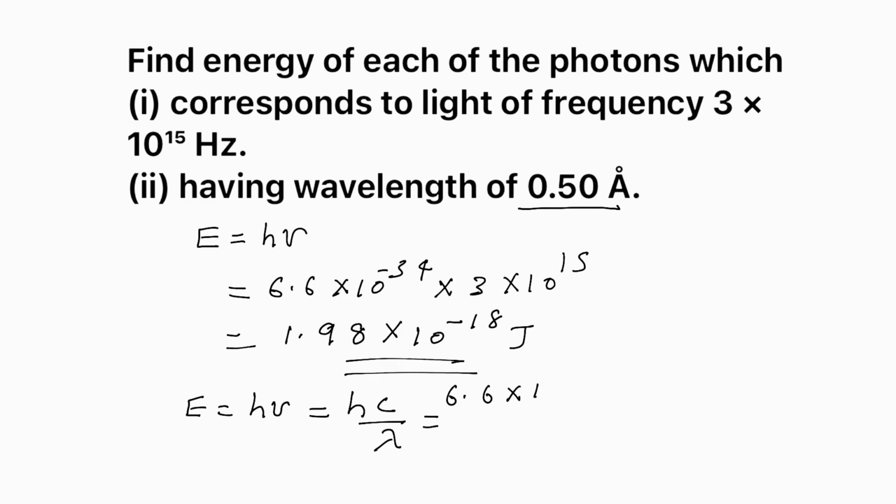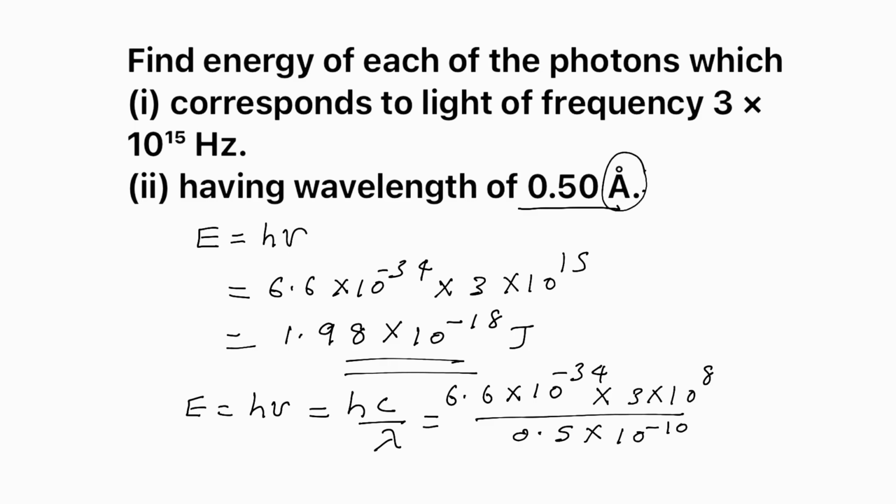I am just writing 6.6 into 10 raised to minus 34 into 3 into 10 raised to 8 by, what is lambda? 0.5 into 10 raised to minus 10. Angstrom means 10 raised to minus 10. That you must know. Okay, on calculating you will get